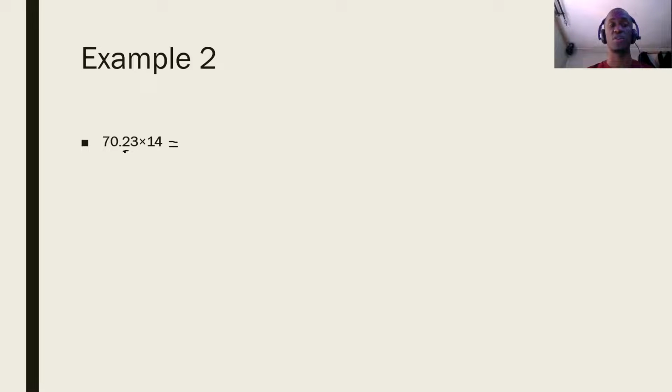We have 2 decimal points, the one for number 2, the one for number 3, which brings a total of 2 decimal points. In bracket, we are going to include that so that we don't forget. So we are going to remove 2 decimal points, and from there, we now work out the multiplication,